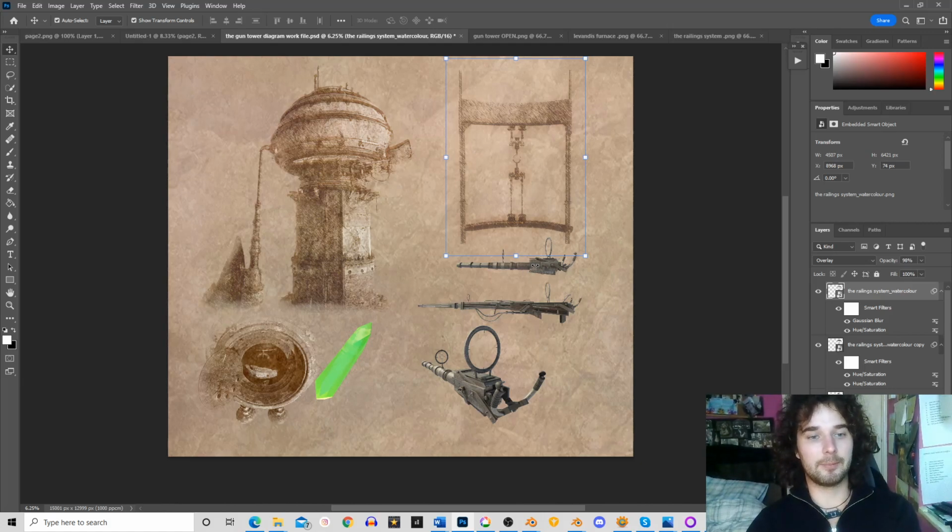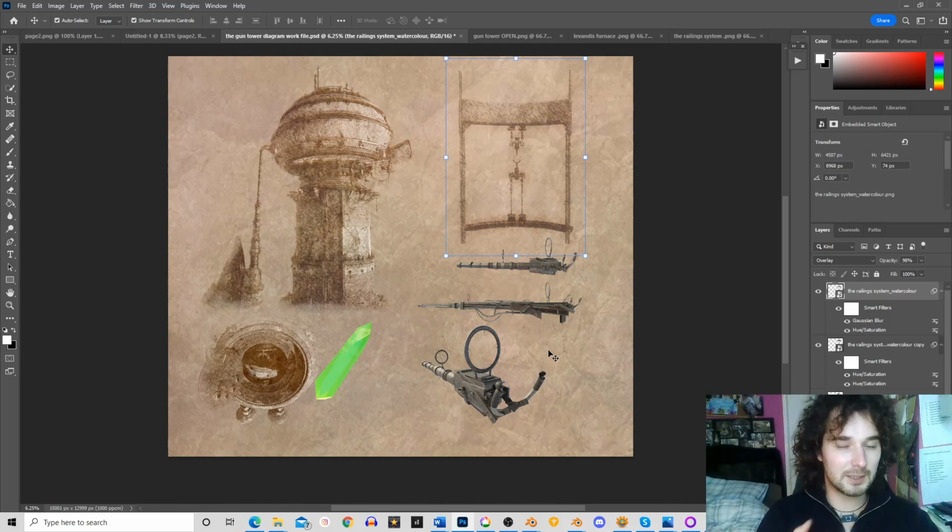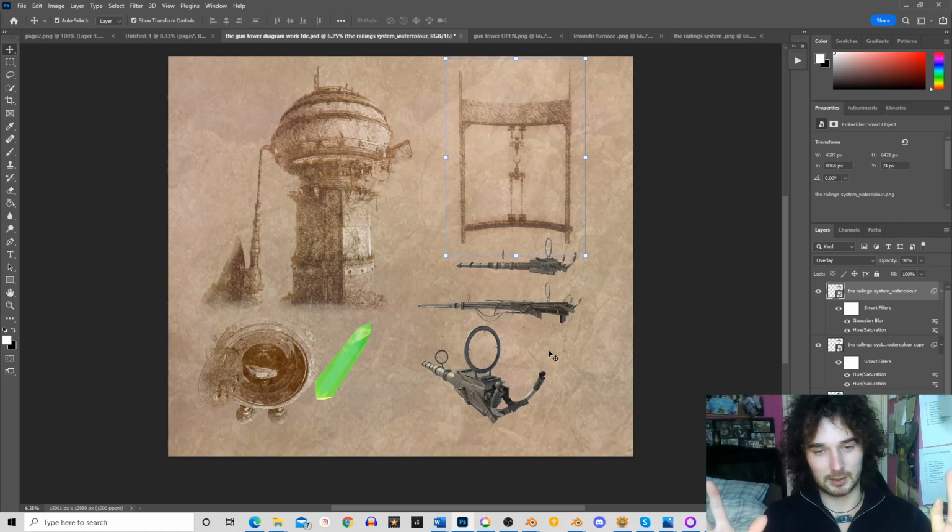Now, but today I've got some time and I'd love to go through what I'm doing at the moment in Photoshop. As you can see here, this is what I'm creating at the moment. I'm not going to go into too much detail as to what it is, because I want to hold back on some of the story from Neyyah and various different things, keep you wondering. But basically